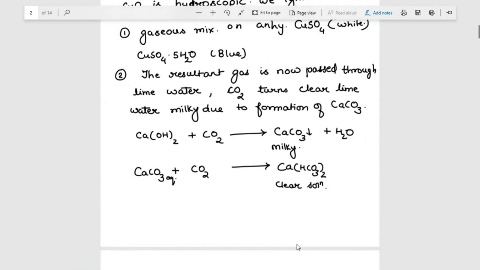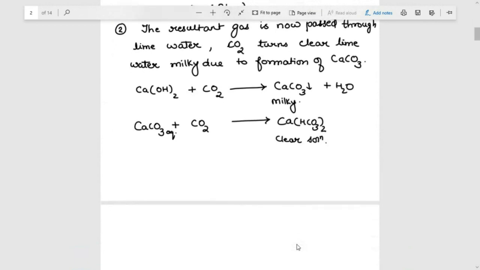Okay, so you need to know when to stop. If you have obtained the turbidity, you need to stop. If you just keep on passing the CO2, then the turbidity will disappear. But now the problem is you are not aware that this unknown organic compound was having carbon, hydrogen only. It can also have sulfur. If sulfur is present in the organic compound, we are not aware, but if it is present, then